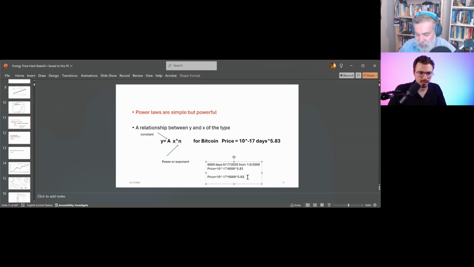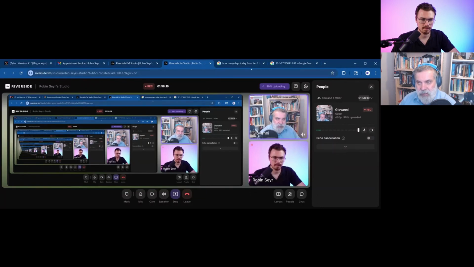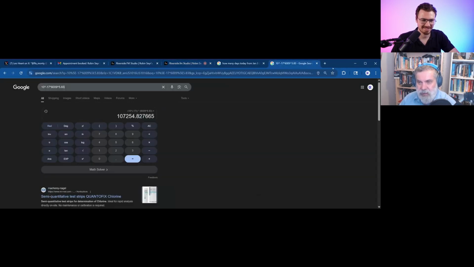Price equal, and if you do this, I can show you how it looks in my browser in a second. In fact, let's do it right now because that will be a big reveal. Okay, let me stop sharing this and share again. Share screen. Do you see my browser? You're able to see it? Yeah, I see it.